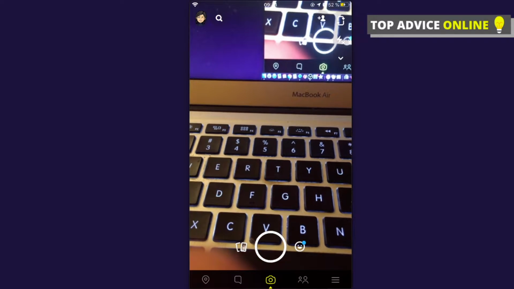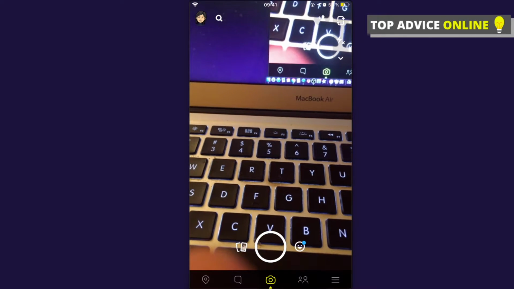Hey guys, in this video I will show you an easy way how you can send all streaks at once